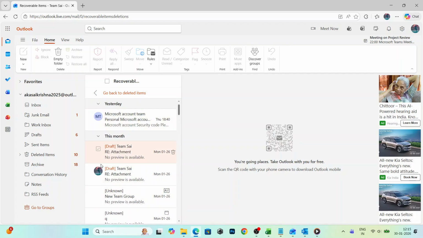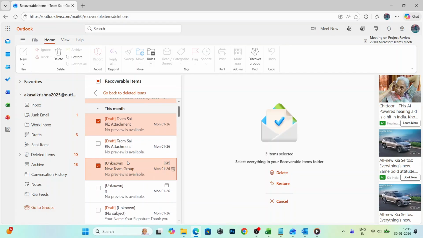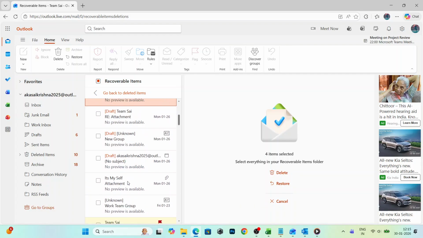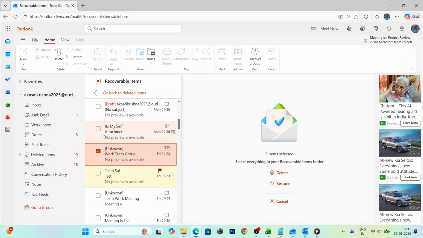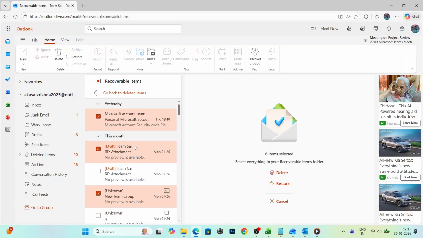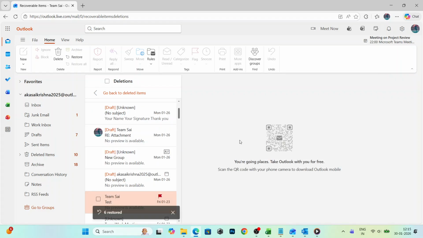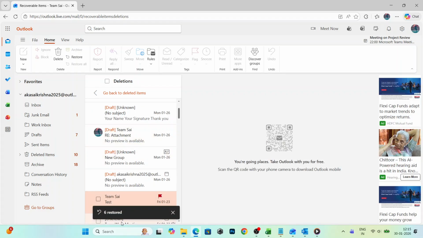Even if you emptied deleted items, browse the list and select the items you want to bring back. You can click individual messages or select multiple ones if you need to restore several at once. On the right side, you'll see options. Click Restore. Outlook will place those items back where they originally lived when possible, which helps you pick up right